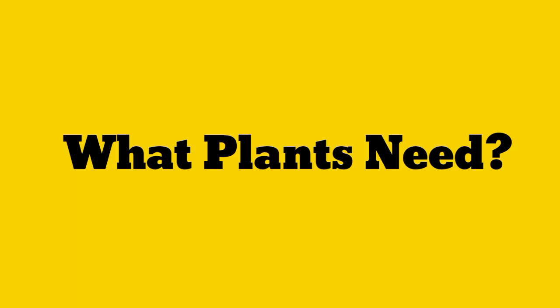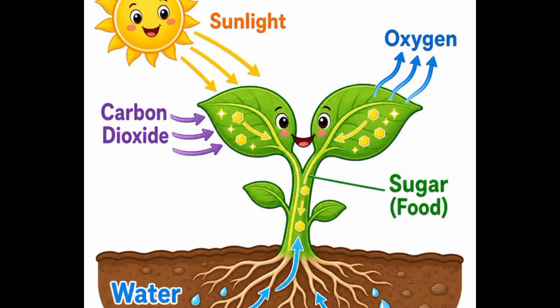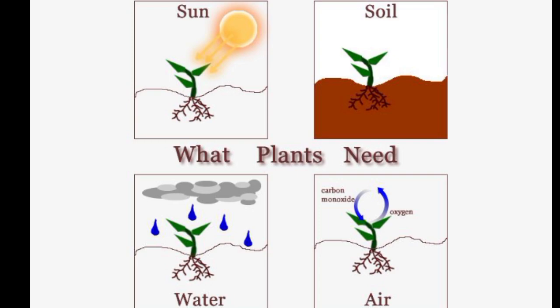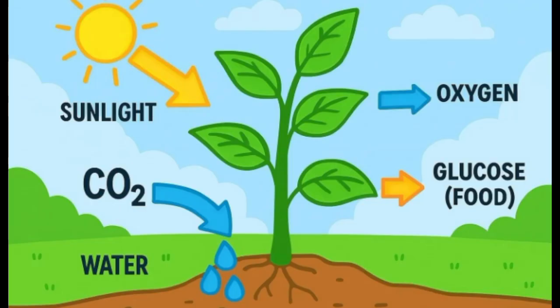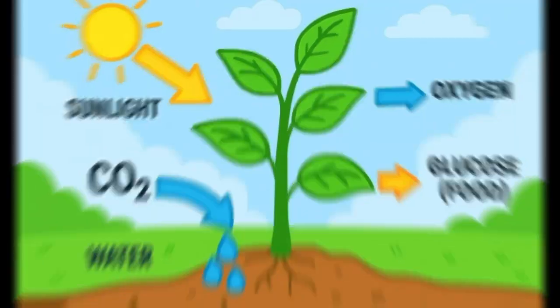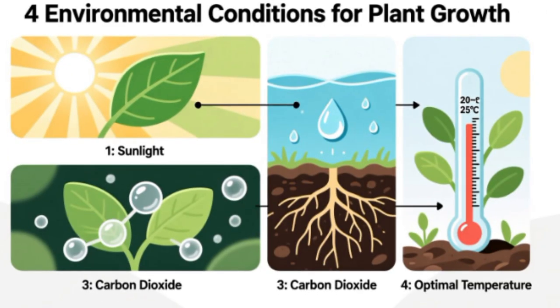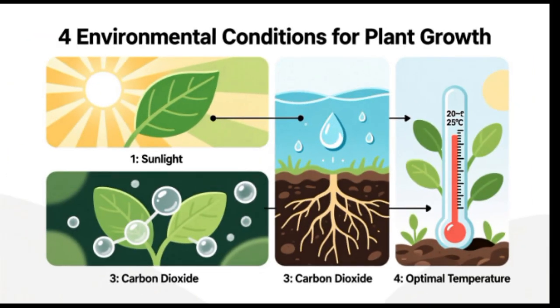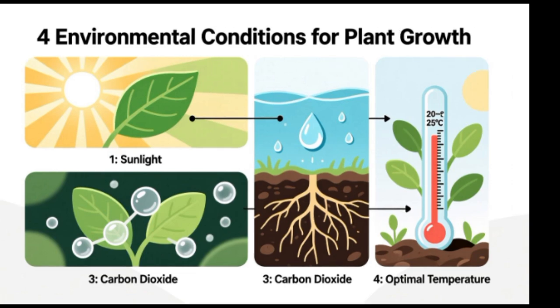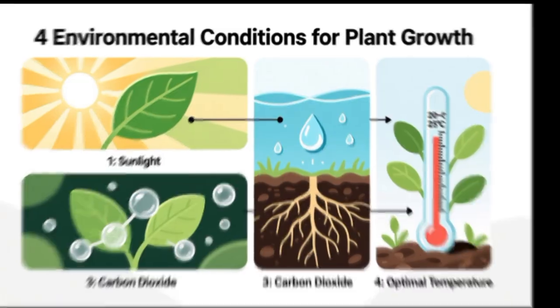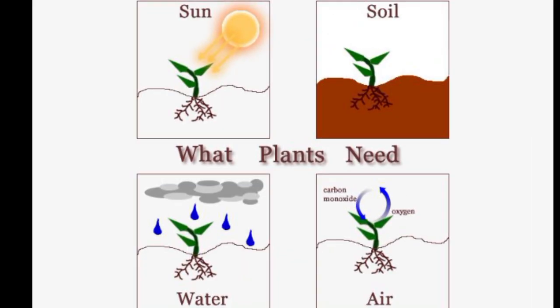As we need special things to cook our food, in the same way, plants also need special things to make their food. These special materials are sunlight, carbon dioxide, water, and chlorophyll present in the leaf. And special temperature is also required. Good quality of soil is also required for this process. And step by step, by using these things, plants make their food.